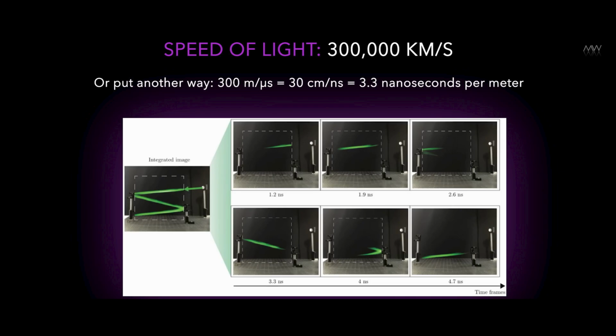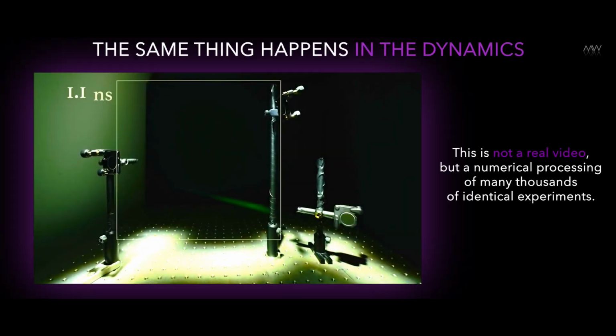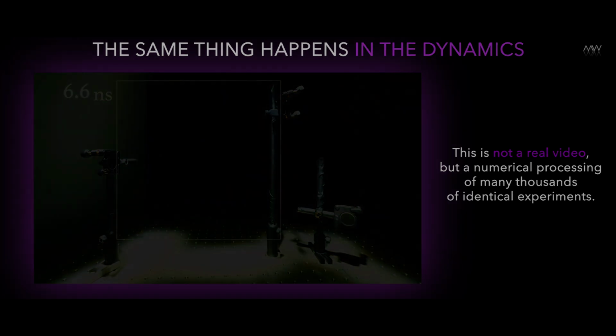The same thing can be seen in dynamics. So people have actually videotaped this. Here's a look at how you would have light propagating. That's where the nanosecond counts down. Here's where it's reflected in the mirror and flies back. Actually, of course, it's not really a real video in the usual sense that we shoot in a single span. It's some synthetic image of many repeated experiments, but the result still looks impressive.